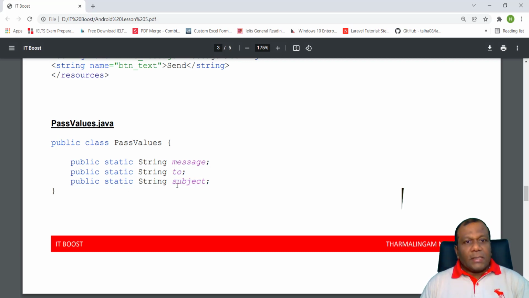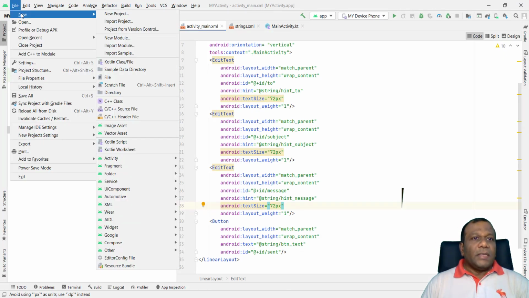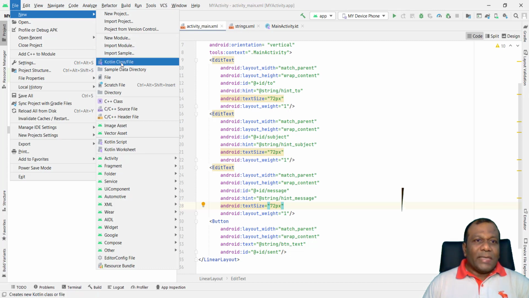So we have to create this class. So what I do, I will create this class. I will go to here, watch carefully, file, new. We have to select a Java class. It's a new project, a new module, import Kotlin class file.